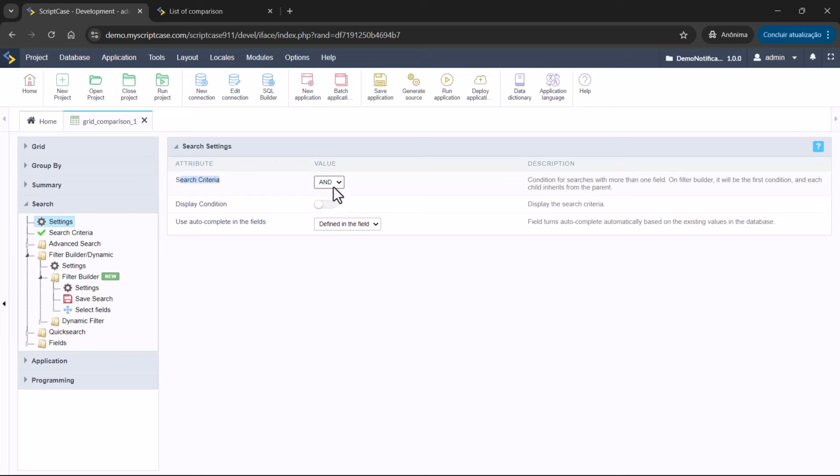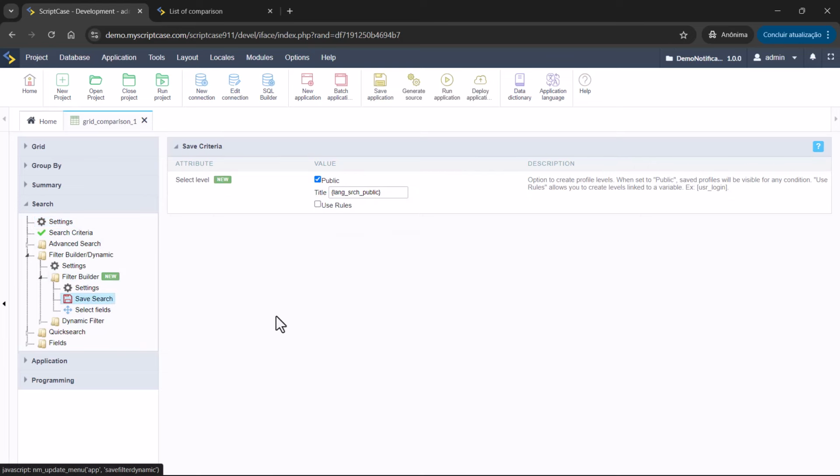So this was the option available for the versions before 9.11, and now you can change it inside the application dynamically, but this option is still available here. So you can choose the default operator that will be applied to your application. So you have the option to save.